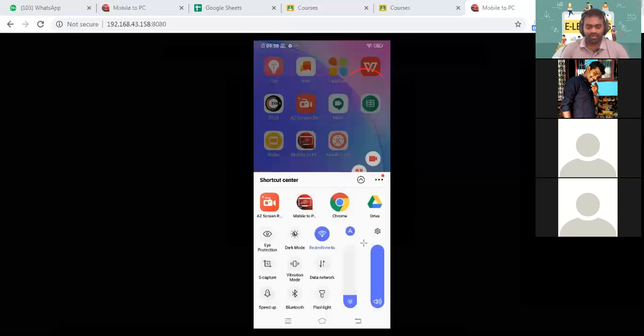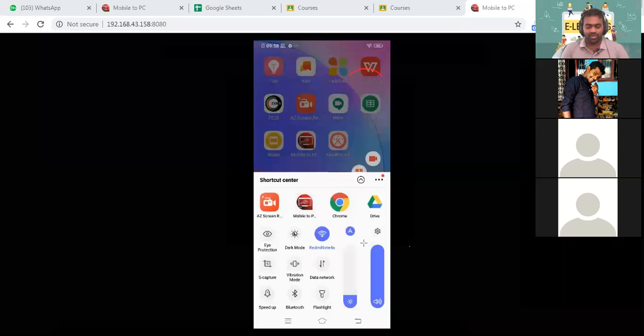Actually, the technique is very simple. Use a screen recorder application and do it. You don't have to use the same application. Around three of us are not able to find them. That's why I was telling in the beginning that you can use any screen recorder application. For the demonstration purpose, I was using AZ Screen Recorder.